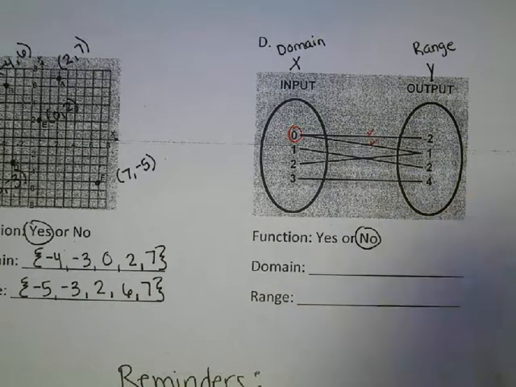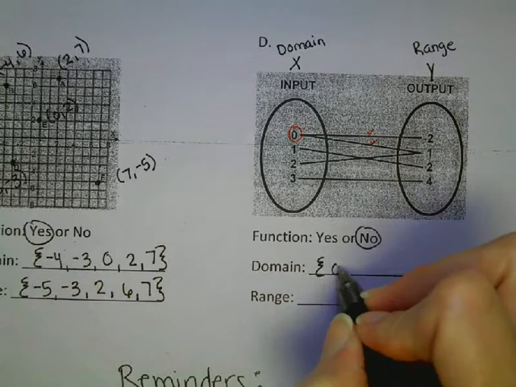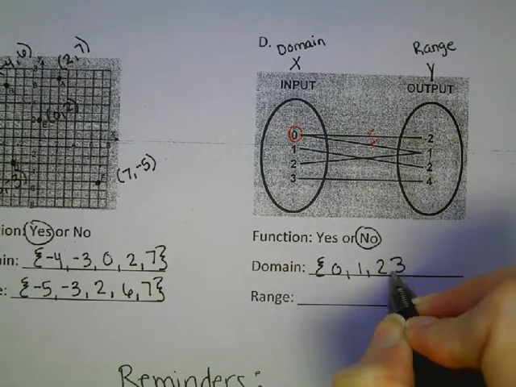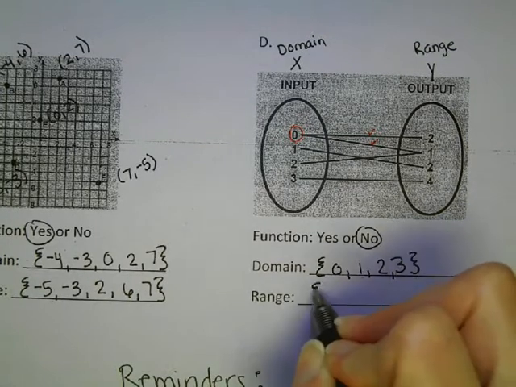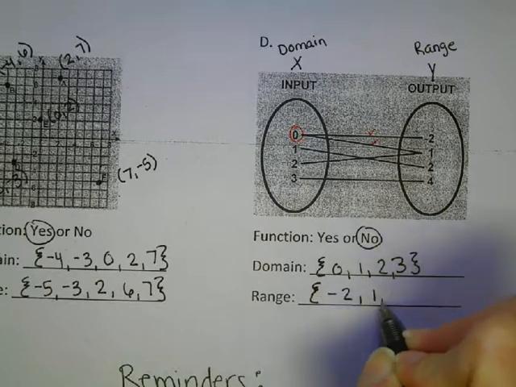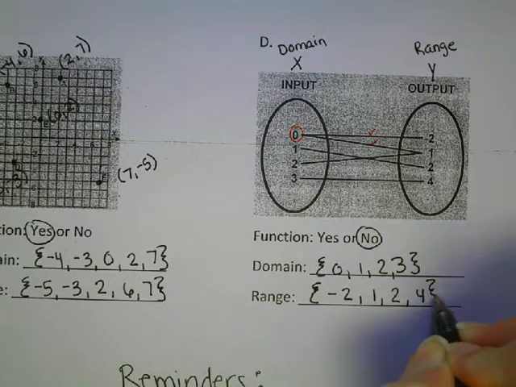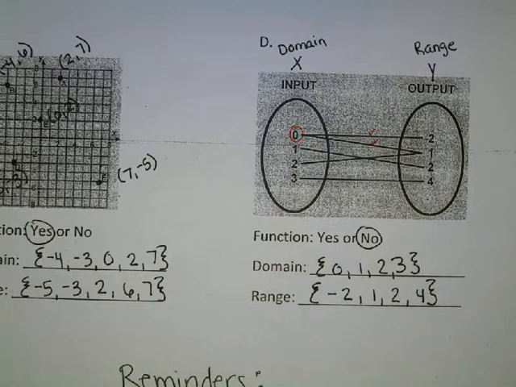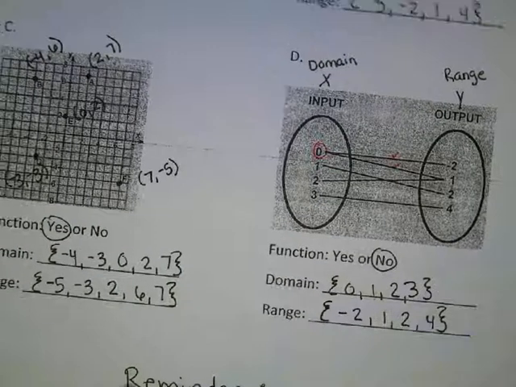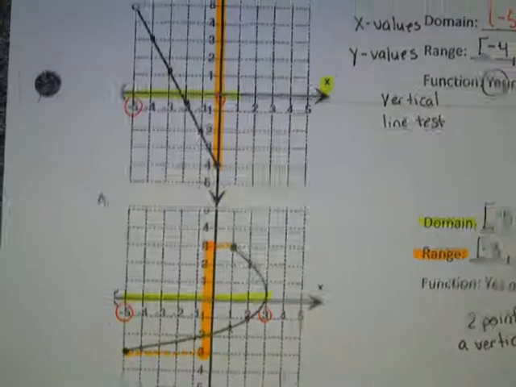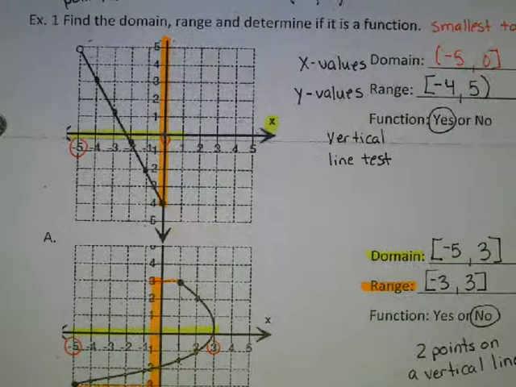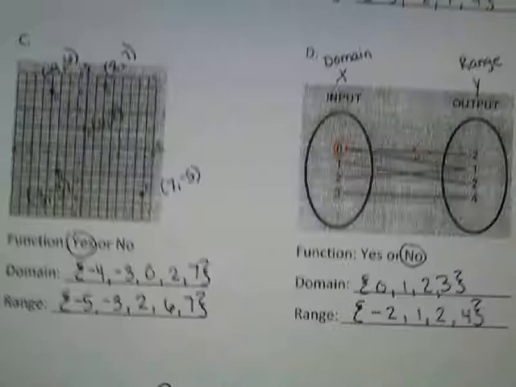So now let's go ahead and list out our domain would be our x's. 0, 1, 2, 3. Your range is your y values, negative 2, 1, 2, and 4. So, if you have a picture like this one where there's continuous line, then you will be using the brackets and parentheses, okay? If you have ones like this where numbers are listed out individually or points are not connected,